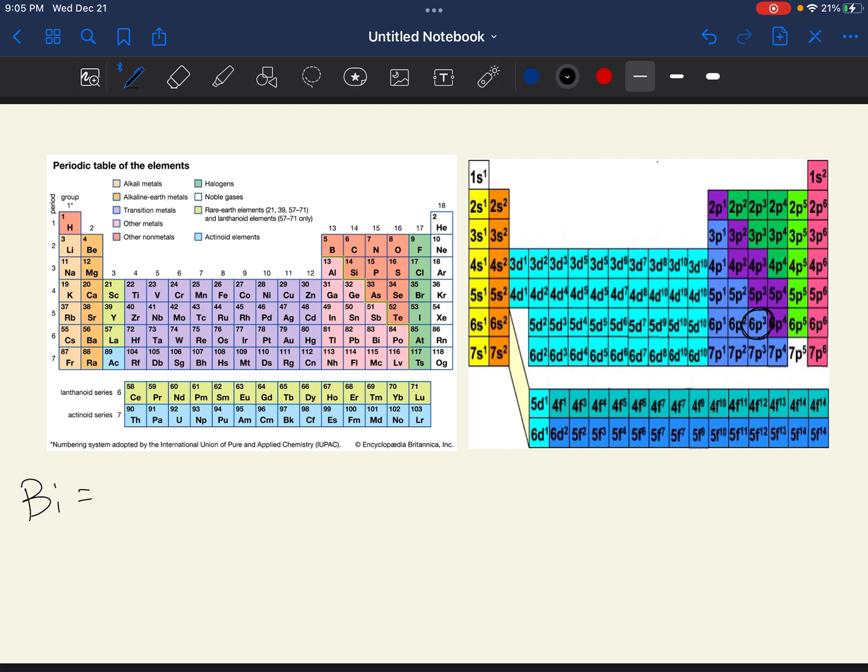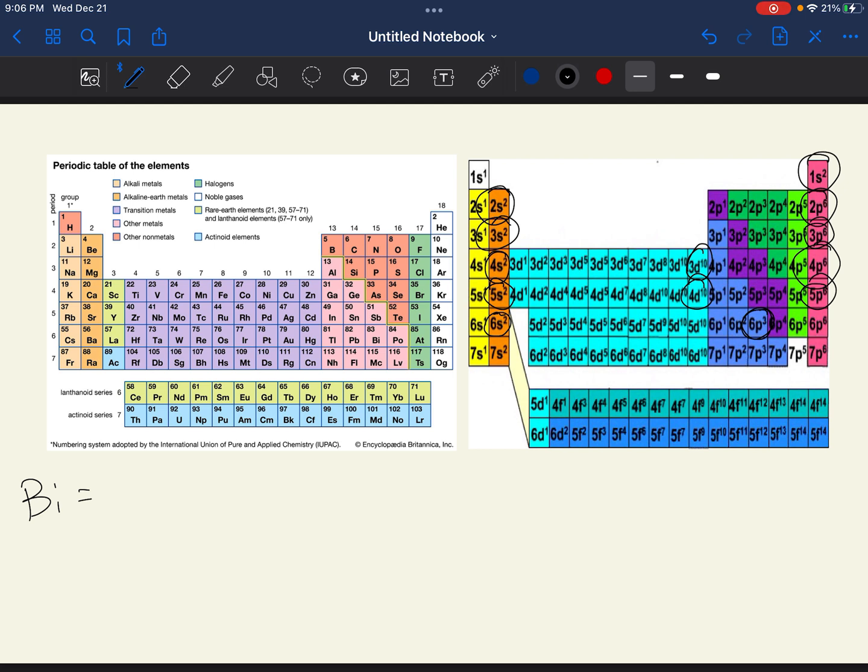So let's first look at what we've completed so far. 1s2, 2s2, 2p6, 3s2, 3p6, 4s2, 3d10. Remember, don't skip to 4p6 without going to 3d10. Some people forget that. Then 4p6, 5s2, 4d10, 5p6, 6s2, and I love this